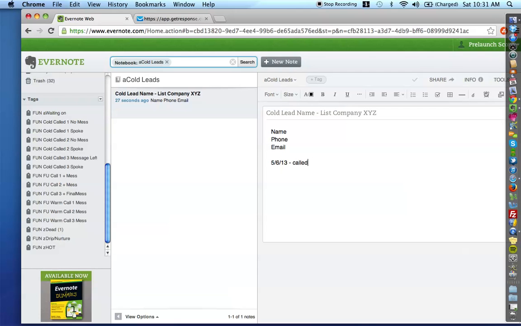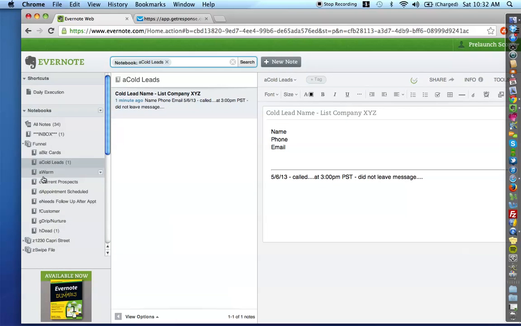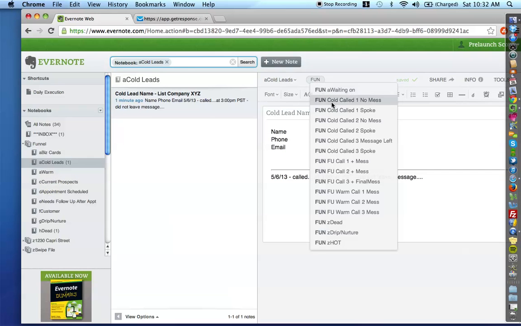Called at 3 p.m. PST. Did not leave message. Boom. And probably when you're calling cold leads, you can always come back to this notebook and, if you're working cold leads, if you're working business card leads, you're going to determine how your activity goes. And then in here, you're going to also tag them as fun, cold called 1,